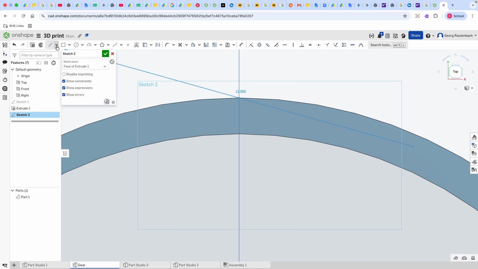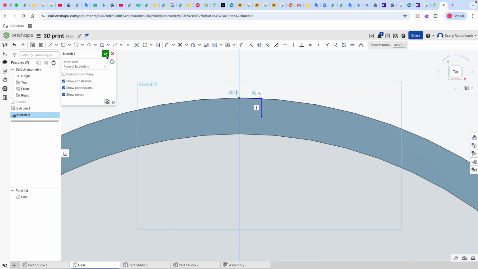Oh, I have to change my line type to a normal line again. So I'll do a little gear. I'll just do it again. So I'll draw a gear there, but only half of the gear, and then I can mirror it over that plane. So I'll go like this, go down almost to the center there, just there, and what I'll do then